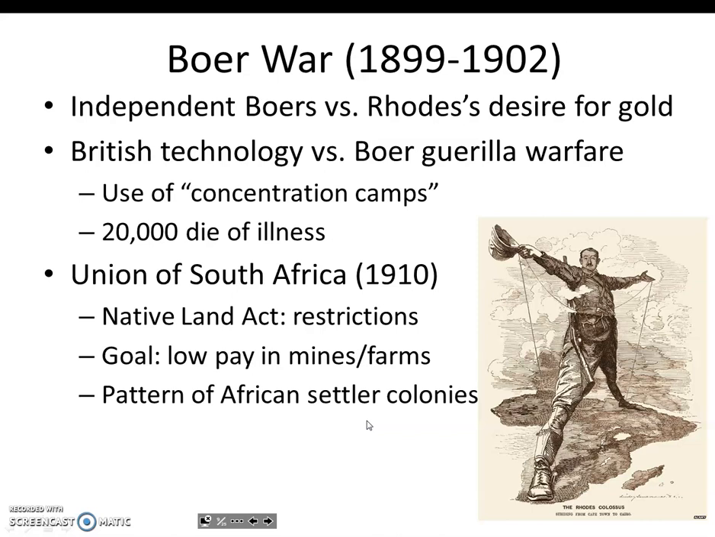Settler colonies like South Africa experienced the pattern of restrictions on African landowning and cheap labor in European farms and mines. And these settler colonies would experience the most violence during the decolonization period following World War II that we'll explore as a part